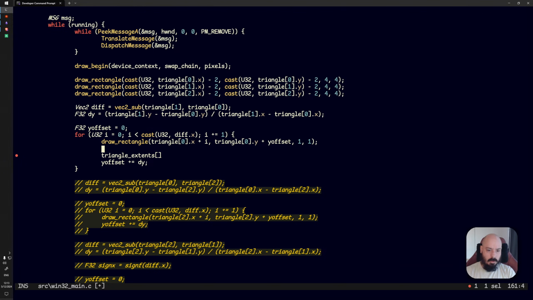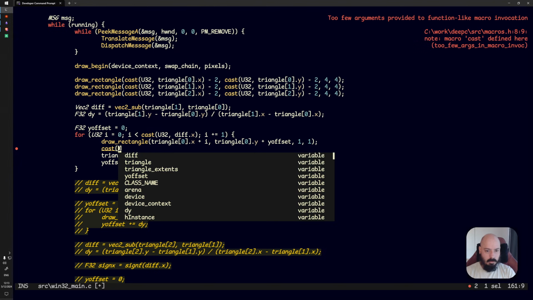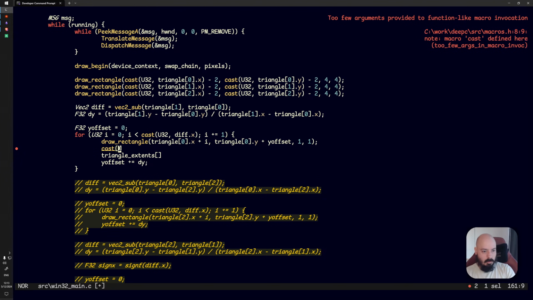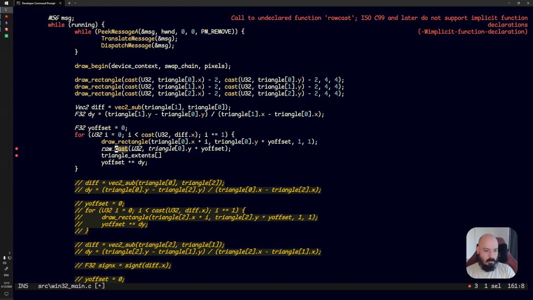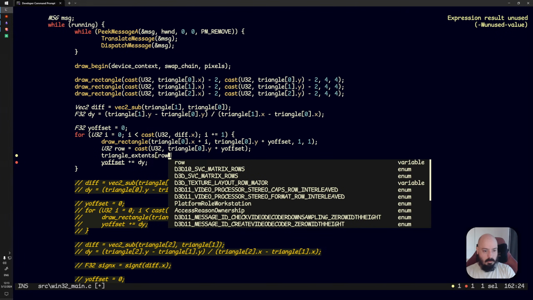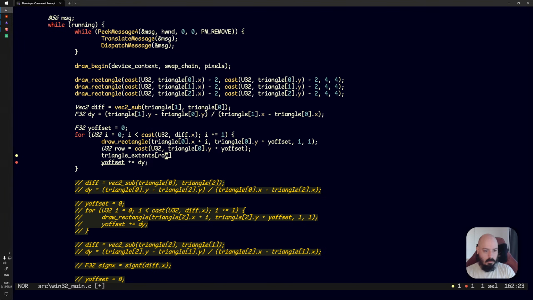I guess we'll just truncate it for now. And we'll probably experiment with different rounding in a little bit. So we want to cast to U32 triangle 0.y plus y offset. That should truncate it, right? So that would be row. And then this would be row 0